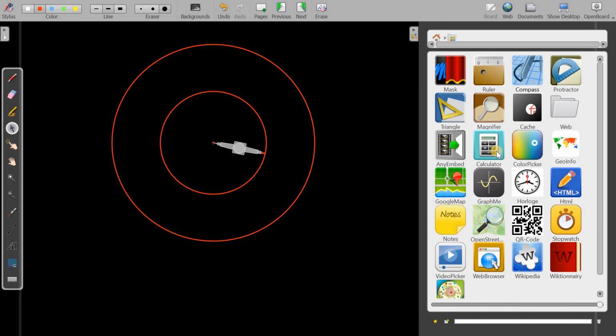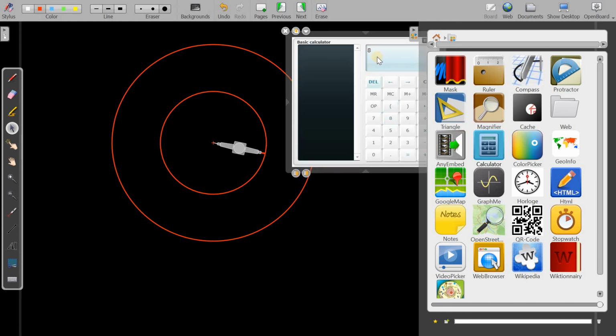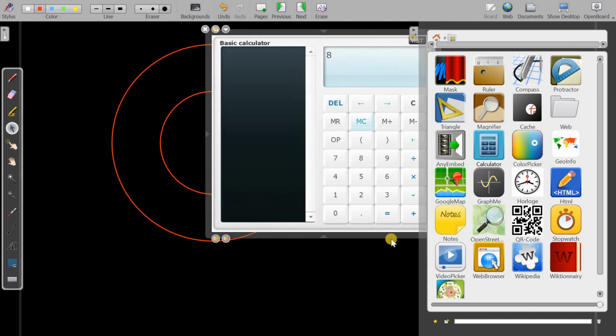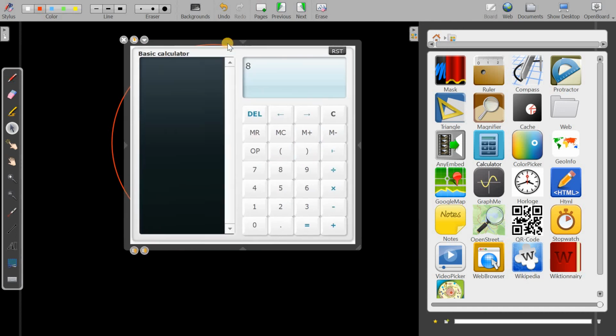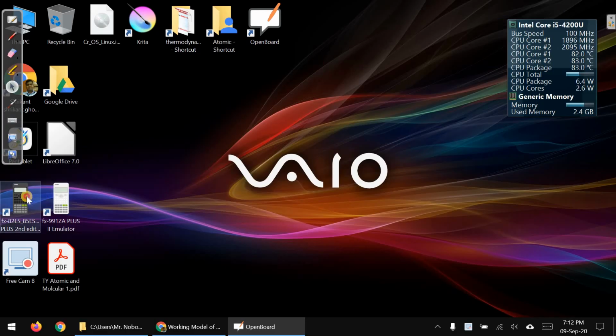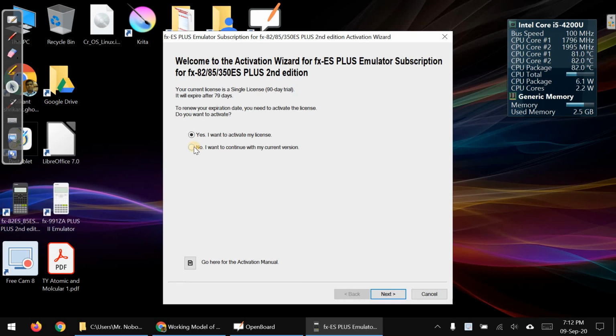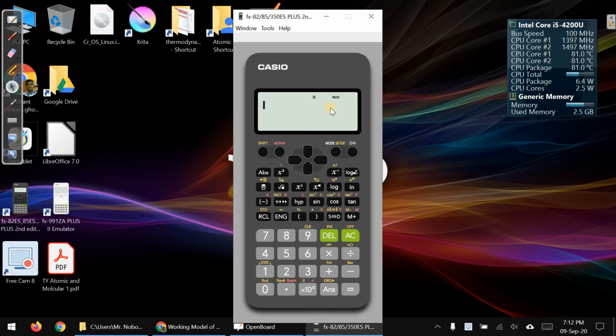Then the basic calculator is not that much use for me because I require a scientific calculator most of the time, but it's a handy tool. You can use it for small calculations. But due to desktop access, I have another application from Casio, so that way I use my scientific calculator.